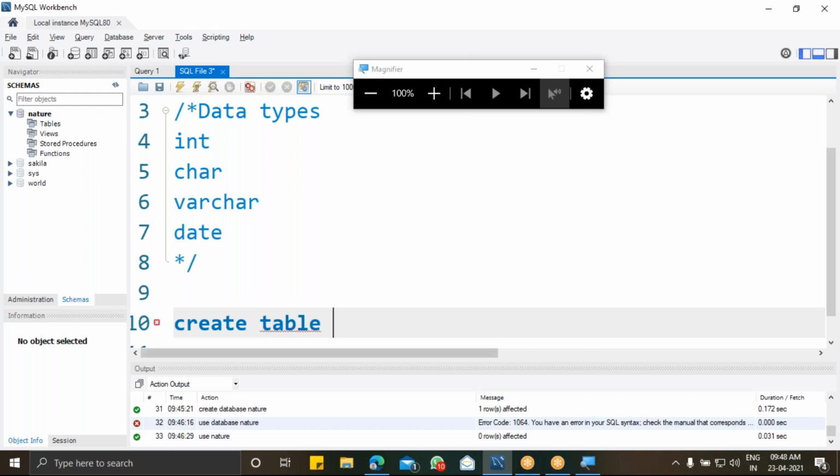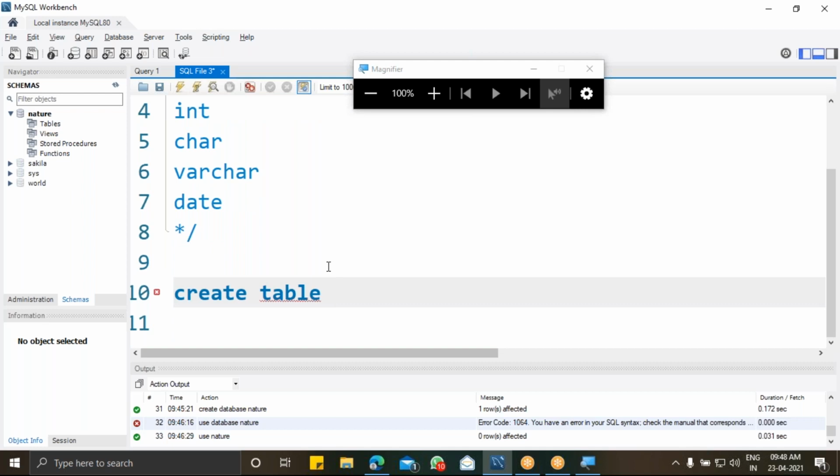So table name. Just tell me any table name. Just suggest some table names so that we can create it, because otherwise I'll be creating the same old college database, student, like that.